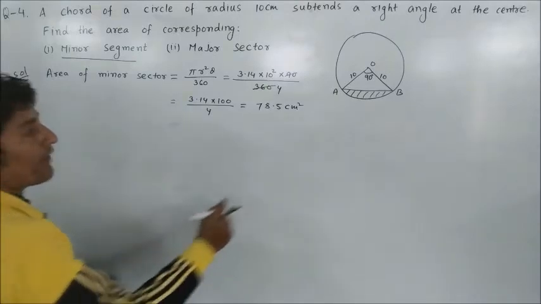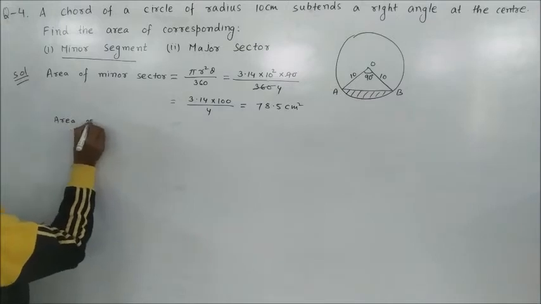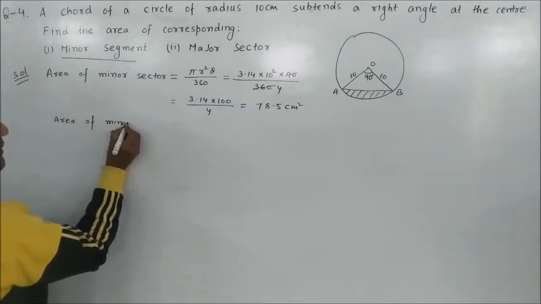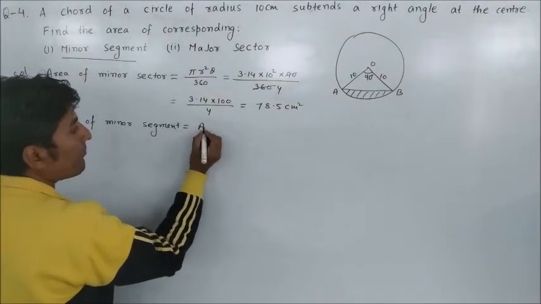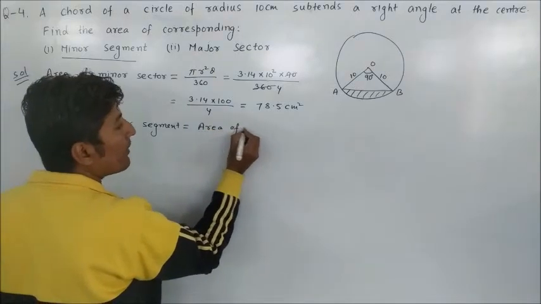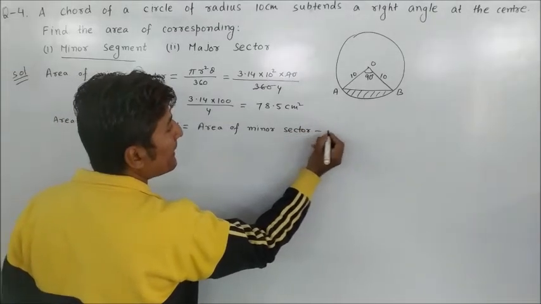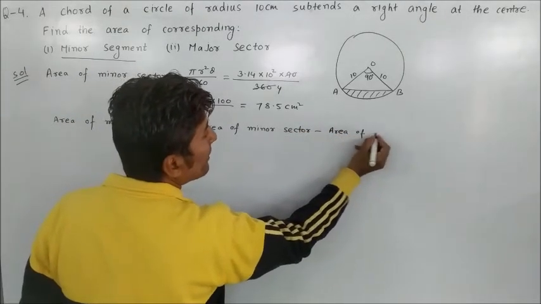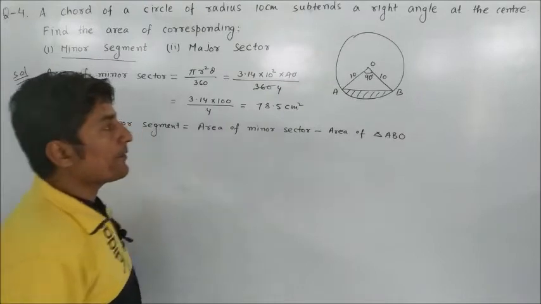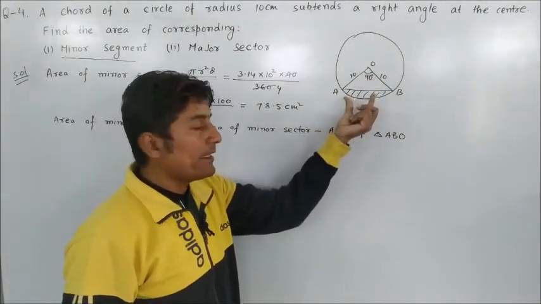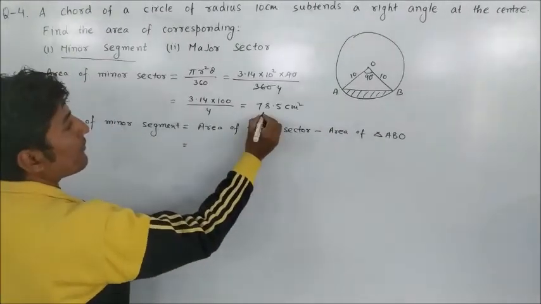Now after that we will find the area of this minor segment. So here we can write area of minor segment will be equals to area of minor sector minus area of triangle ABO. If we will subtract the area of triangle ABO from the minor sector, then we can get the area of minor segment. Here area of minor sector we have already calculated